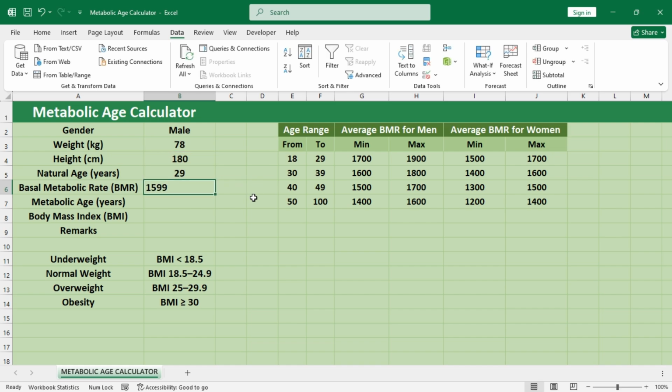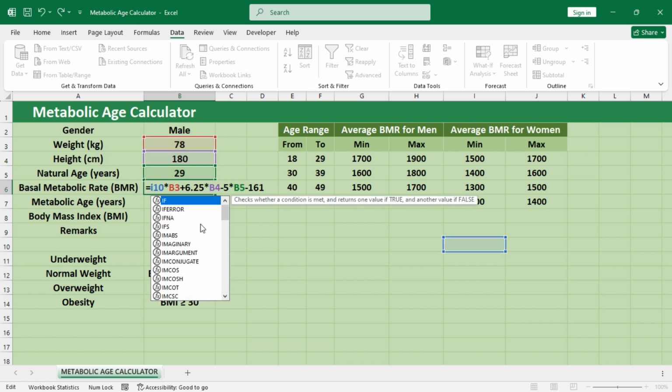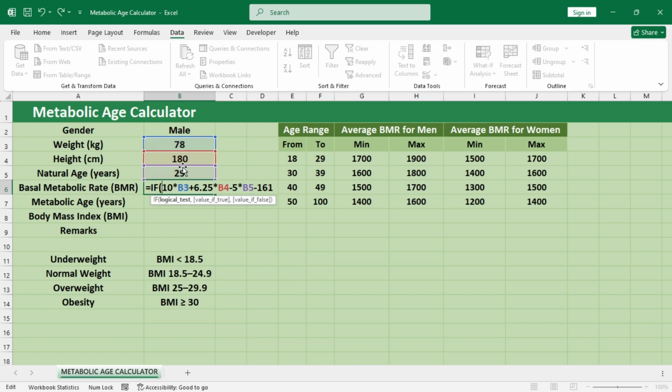So to make the formula dynamic, let's just copy this part. We can use the nested IF statements. If the gender is equal to male, then we want this output. Else if gender is equal to female,